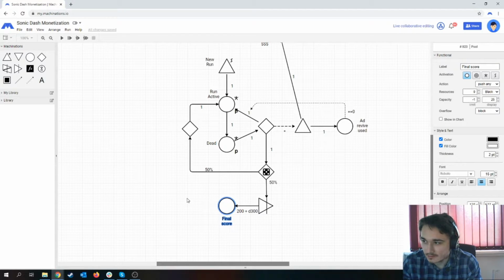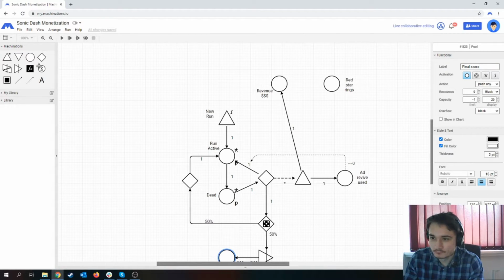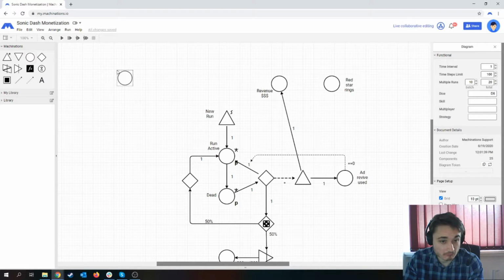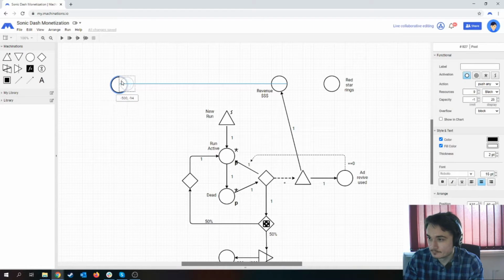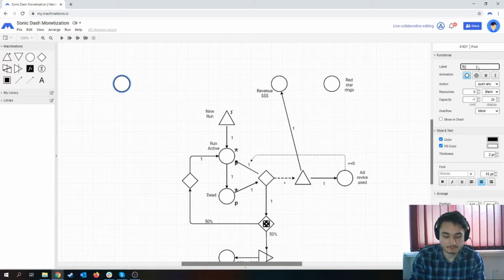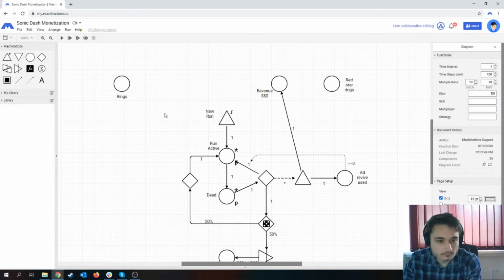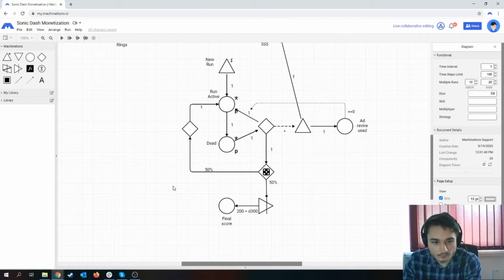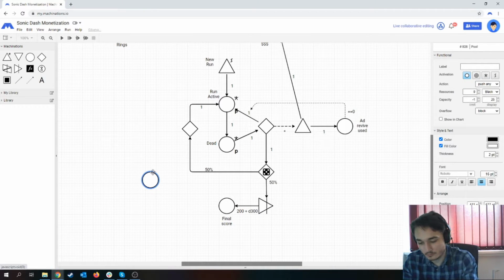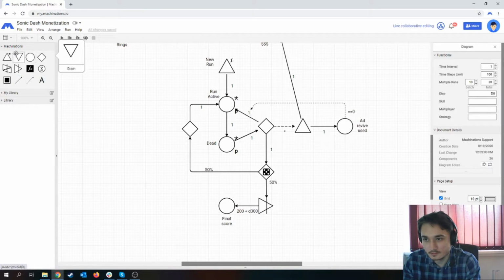The ring is, as I said, the soft currency of the game, which I'm going to be placing here. Name it rings. And the final score, let me see how I made it here. Sorry about that. It generates it through a